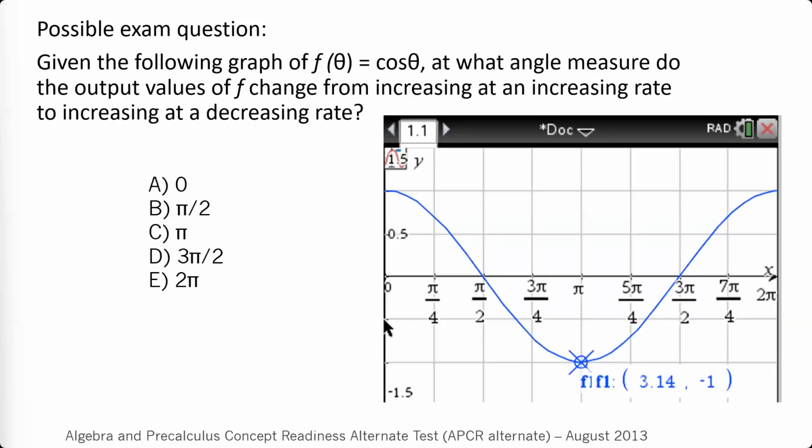And this is an example of a possible exam question. And notice the language about increasing at an increasing rate to increasing at a decreasing rate. That's the same kind of language that Rachel was talking about with the lunar activity. And it's the same kind of language that is occurring in Unit 1 and Unit 2, where you're doing polynomials and exponentials and logarithmics. So this language about increasing and decreasing and concavity is used all the way throughout, and you will see it being repeated. Next slide.